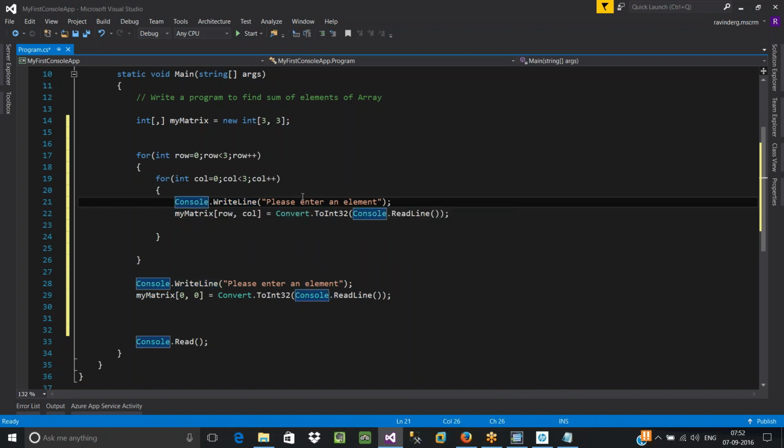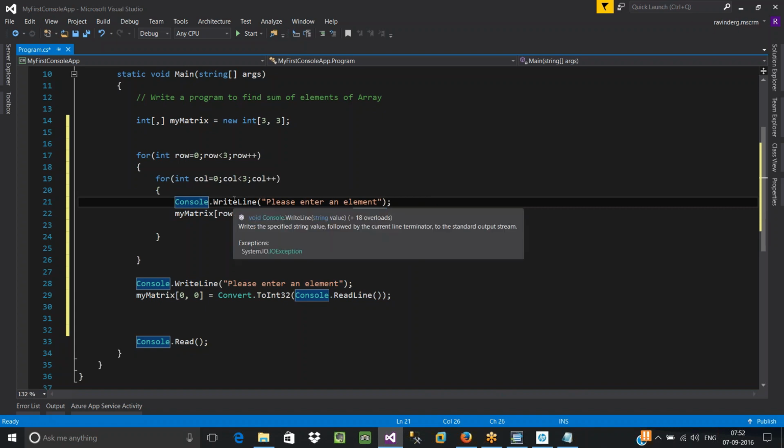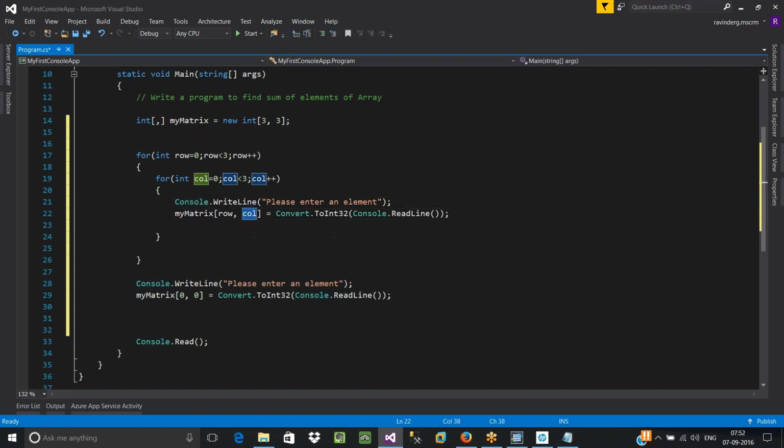It will ask the user to enter one more element that is going to be stored at, still we are at the 0th row. Only the inner loop column value has been incremented. What is the value of column? It is 1. 0 comma 1. My matrix of 0 comma 1 is nothing but the second location of the first row.